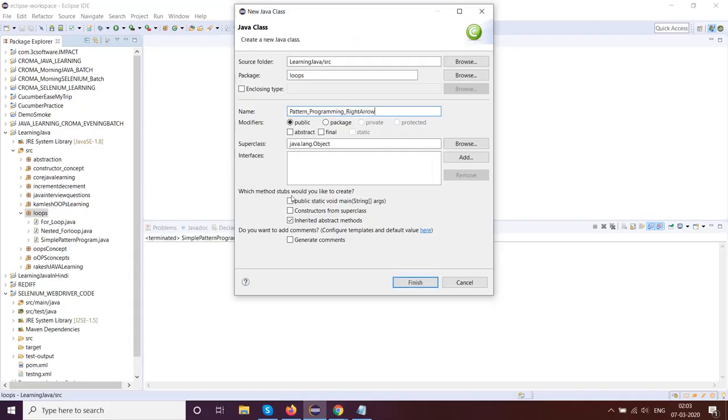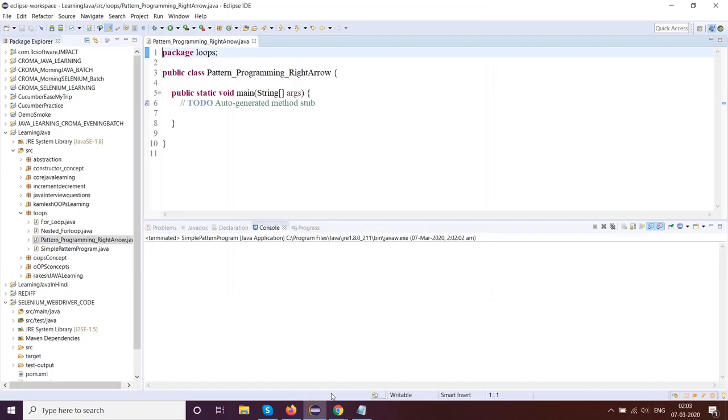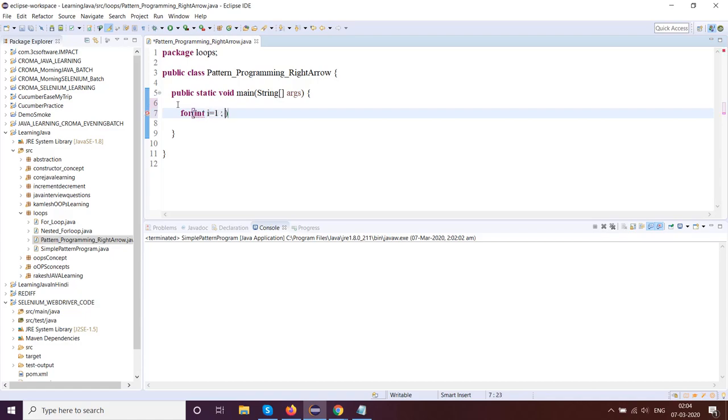Okay, it's very simple, nothing to worry. I'm writing the code with you so you'll understand it thoroughly. Please practice for loop with proper precision, otherwise you will get stuck at some point of time. So please, let's go ahead. Okay, let's begin this program. For int i equals 1, i less than equals to, let's go ahead with 5 only, don't want to make it too big. i plus plus. Okay, then we'll begin the inner loop